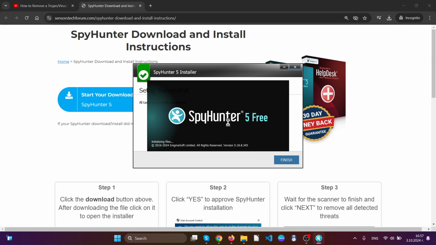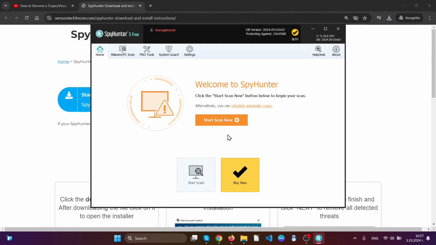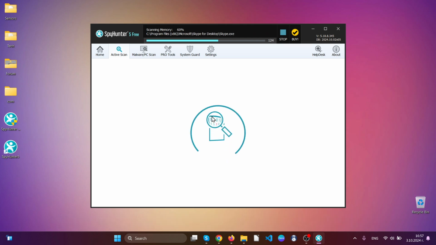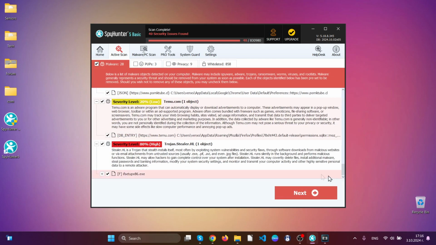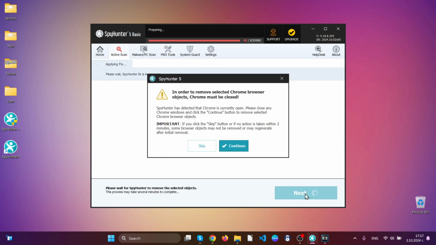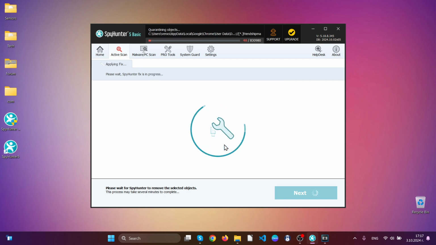After the installation has finished, this software should begin scanning your device automatically. After this scan has begun, it will look in your windows to detect all of the malicious files and objects. As you can see here, it has detected a lot of different malware and even a Trojan horse. Simply to remove the threats, hit next button and then select all of the objects, after which this software will automatically clean up your computer, close any browsers so that the software can also fix up your web browsers as